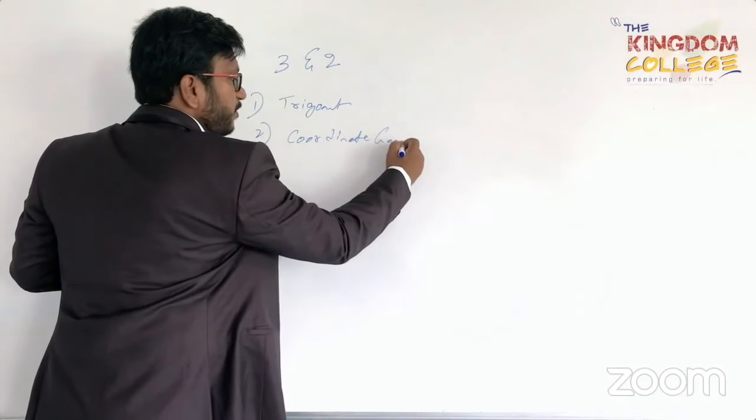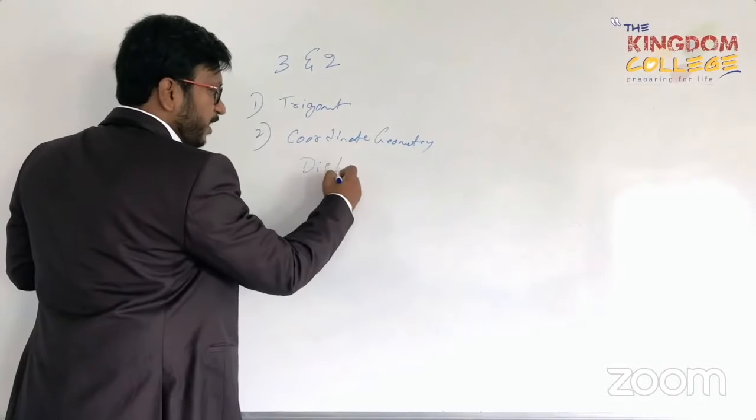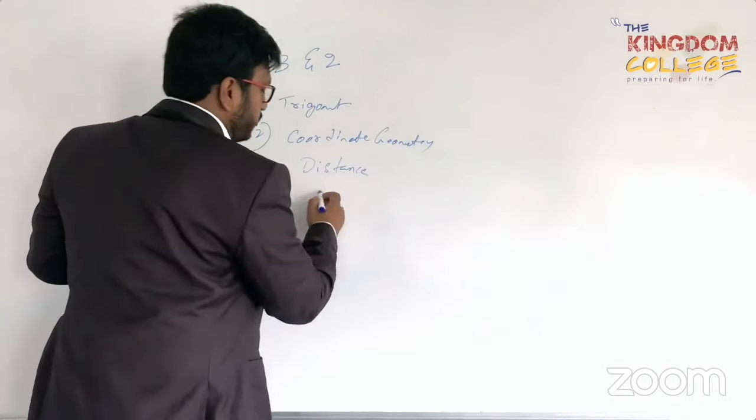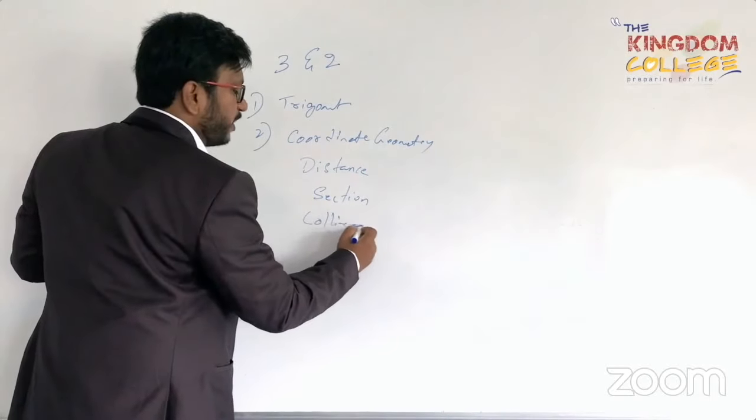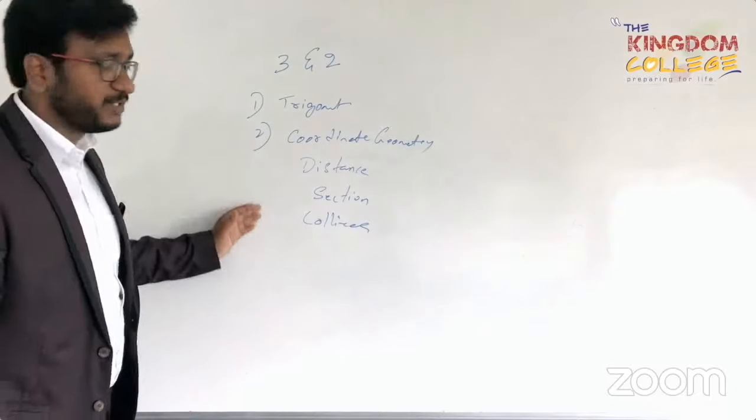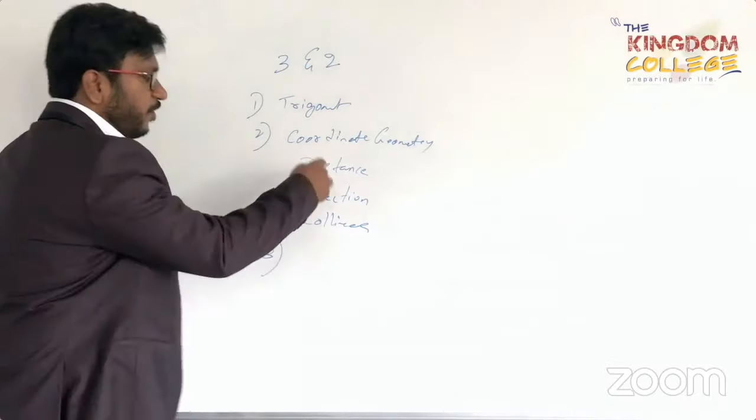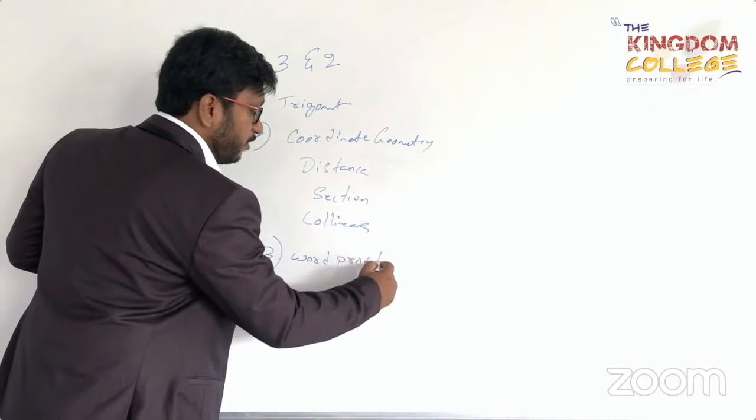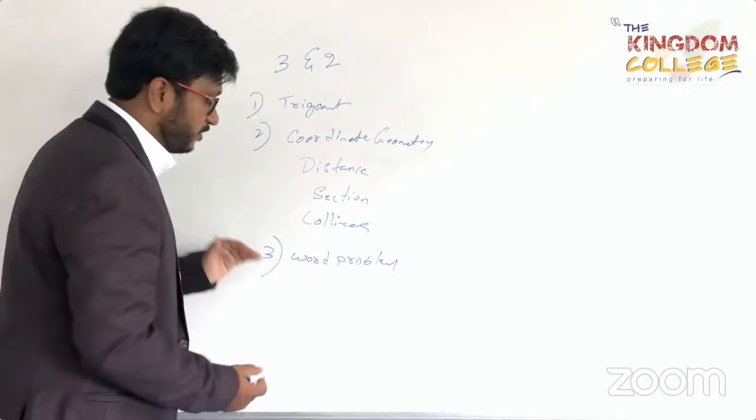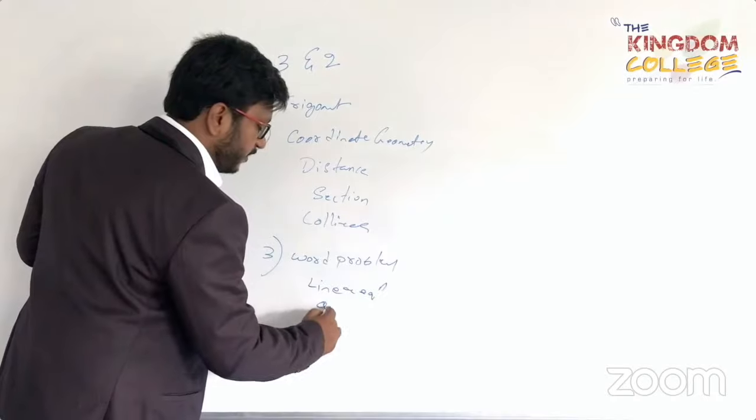In coordinate geometry, it will be easier for you if you just know the distance formula or the section formula, or sometimes they'll ask you to prove points are collinear. So these are the topics that will be coming from the chapter of coordinate geometry. And you will also have it from the word problems. In word problems, you will have 2 or 3 questions based on the chapters from linear equations, quadratic equations,